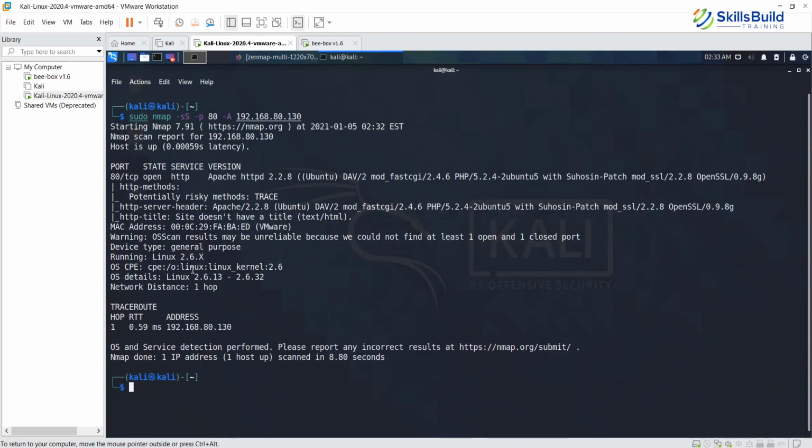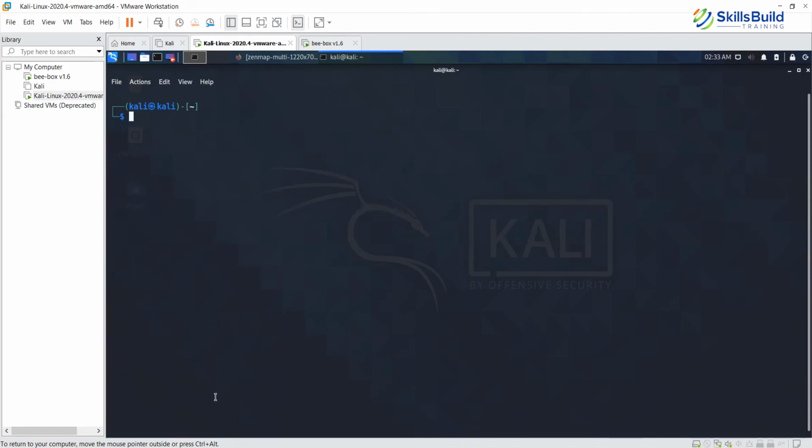So let's just clear this screen. Now let's do a quick scan using TCP Connect. So do sudo nmap -sT, and then 192.168.80.130.